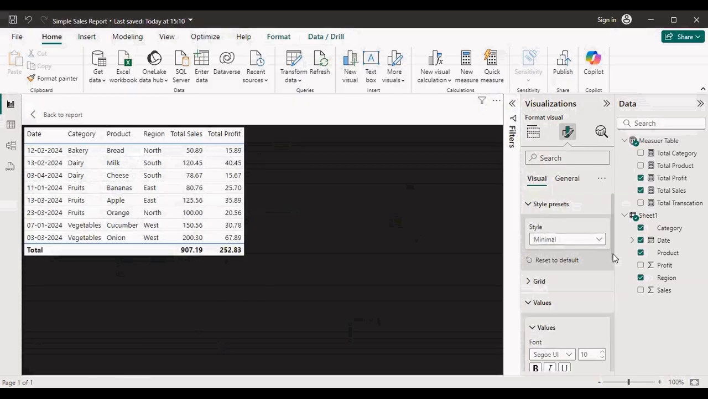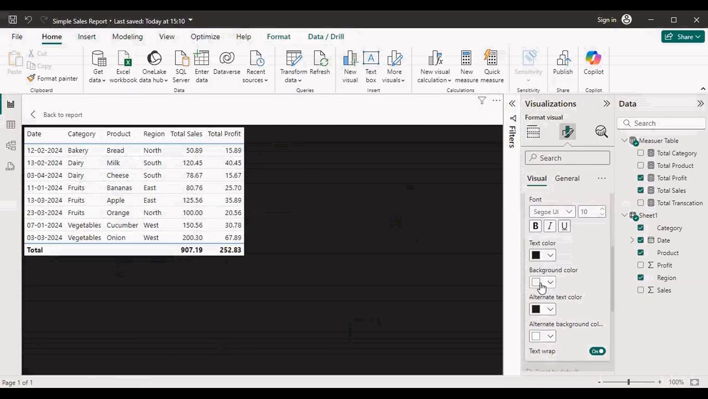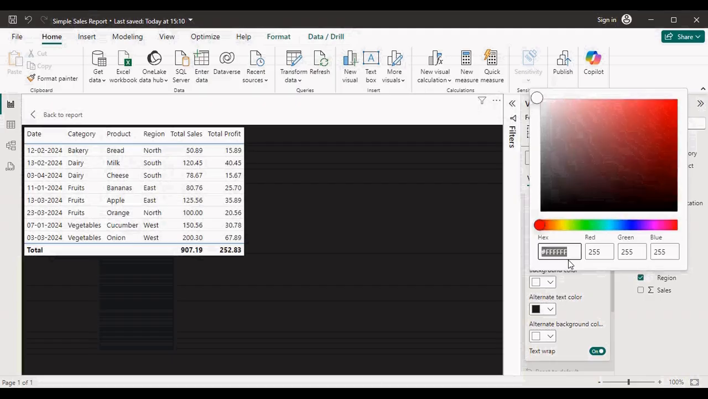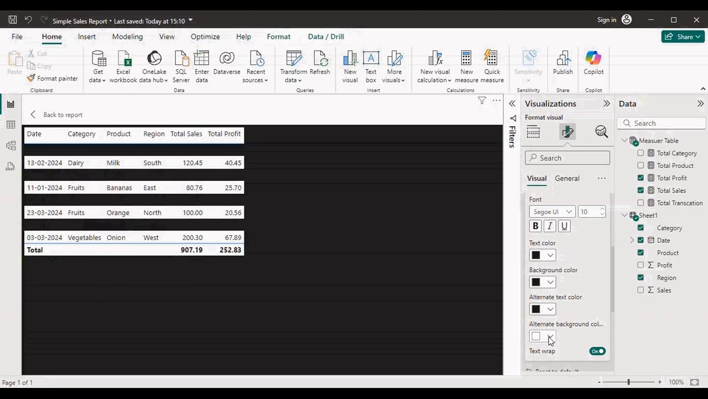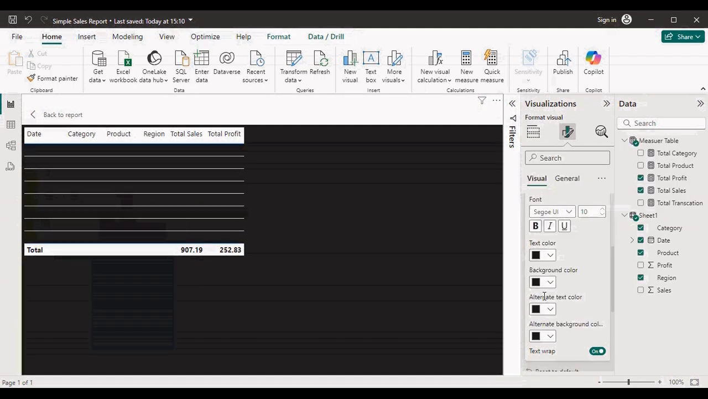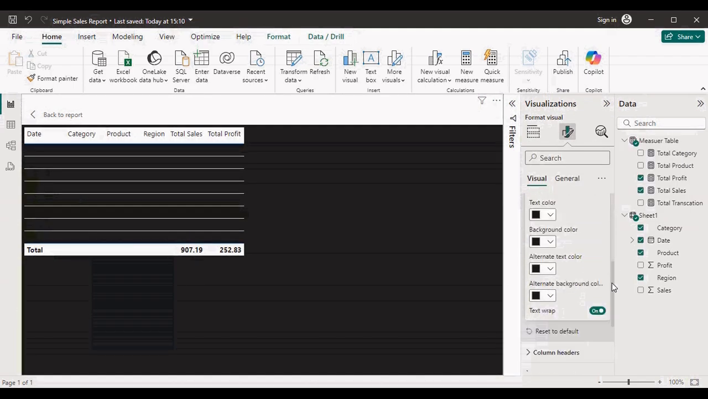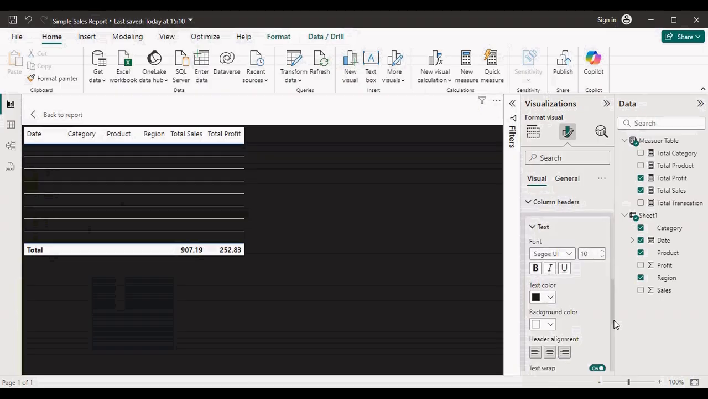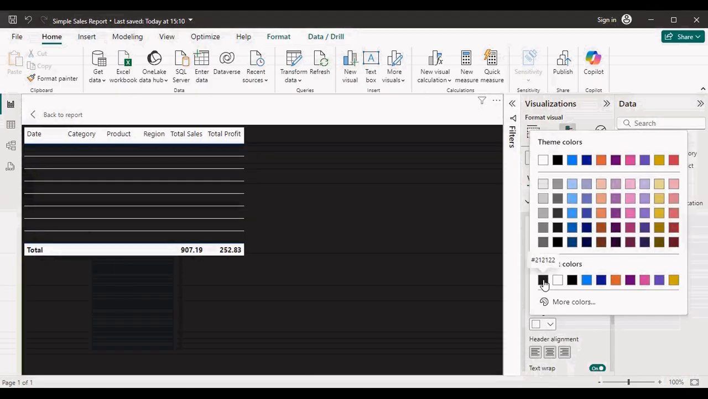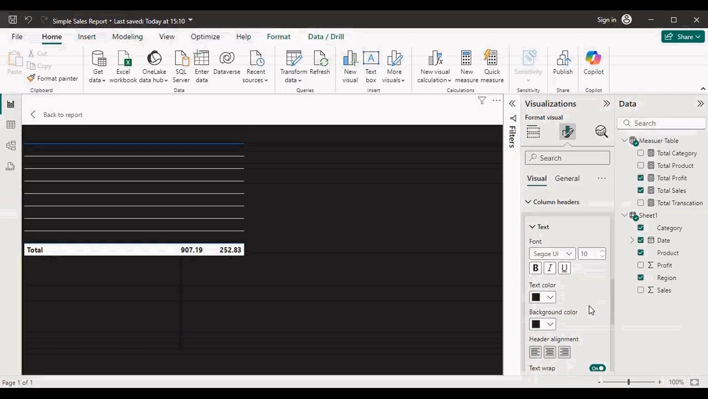So for that, I'll go to value here. And in the value background color, I'll make it 212121, which is the page background color. And the same thing I'll apply for the alternate background color also. So it's present here already. And also to the column header background color, 212121. The text color for header I'll make white,